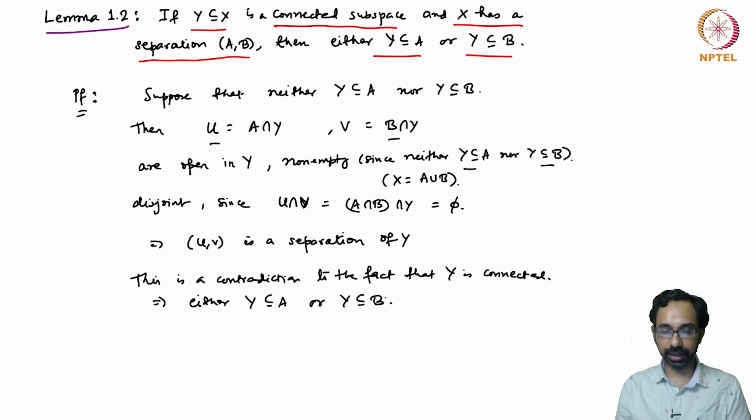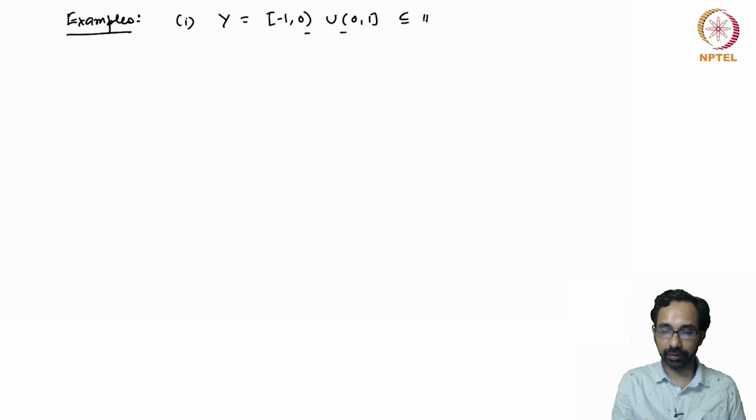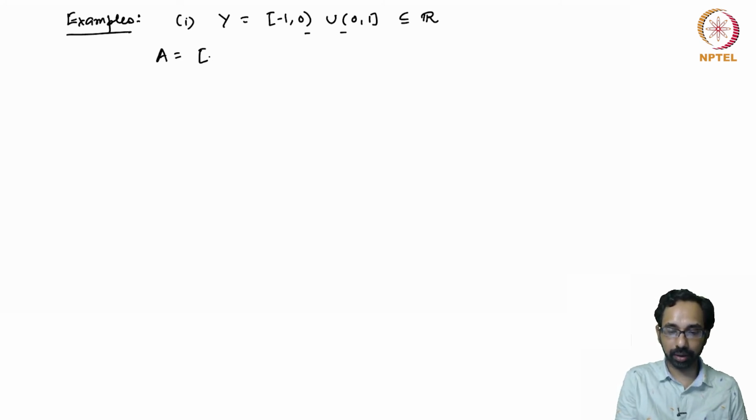And now let us look at some examples of connected and not connected subspaces. So the first example that we will consider is Y to be the set (-1, 0) union (0, 1). So note that this is open at the point 0 for both these parts, and this is given the subspace topology of R. And now if you let A to be (-1, 0) and B to be (0, 1), then of course they are non-empty. A and B are both open,